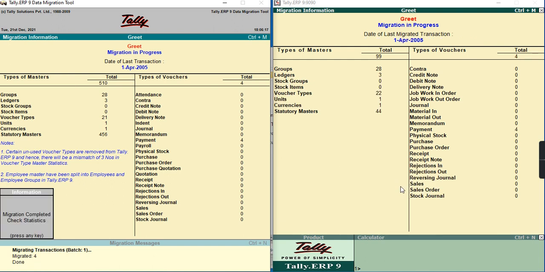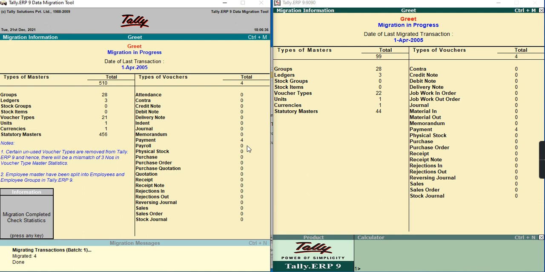Once the migration has completed successfully, you will get a prompt message that migration completed successfully, check the statistics. As you can see, my statistics show the payment voucher count was 4 and it has been successfully converted to Tally ERP9.